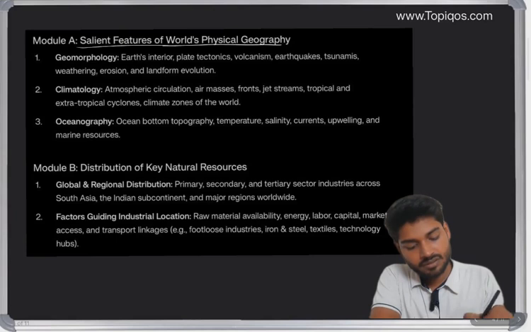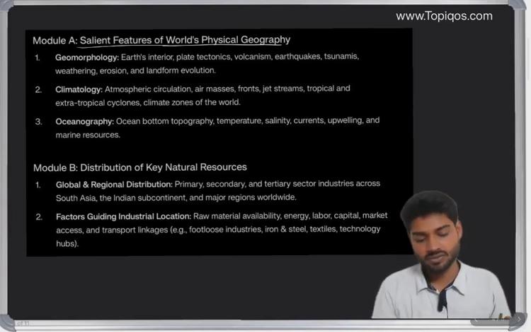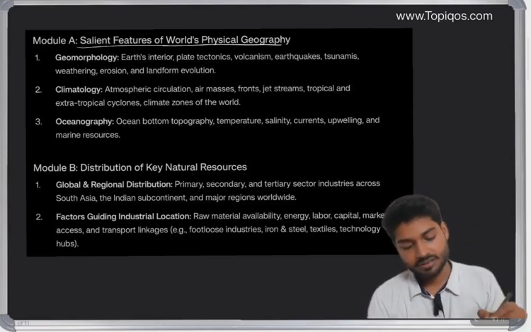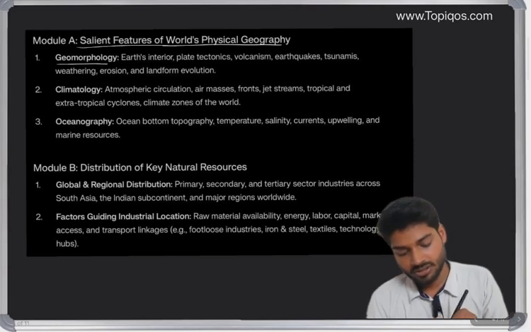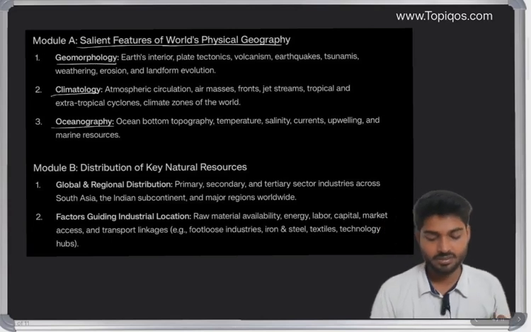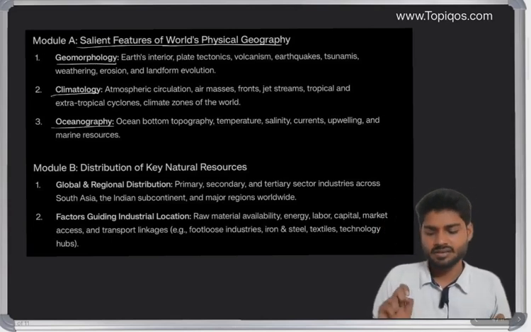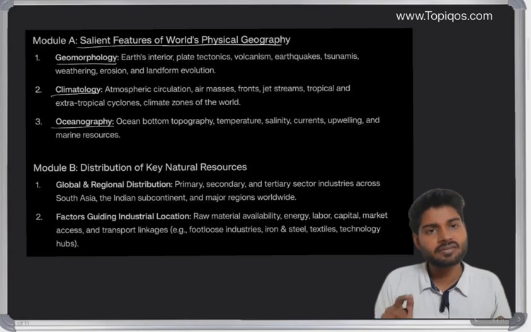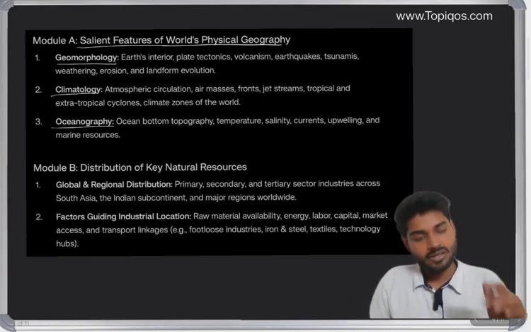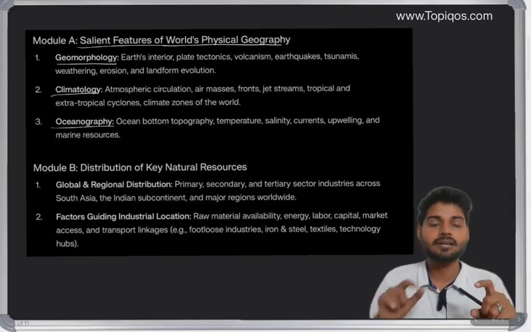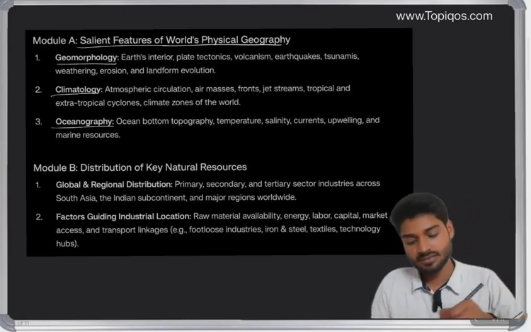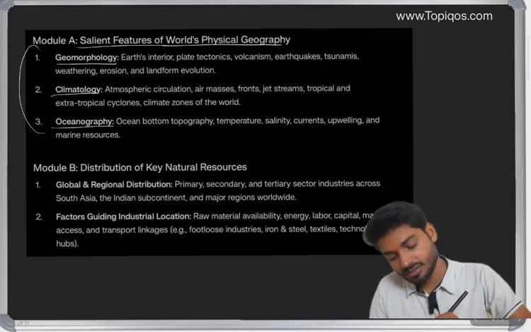So the salient features of world physical geography constitute geomorphology, climatology, and oceanography. You will say, sir, we have seen this in the prelims part also. So this has been asked in prelims as well as in mains. When you study this part of the content for the prelims and also the mains, all three constitute around